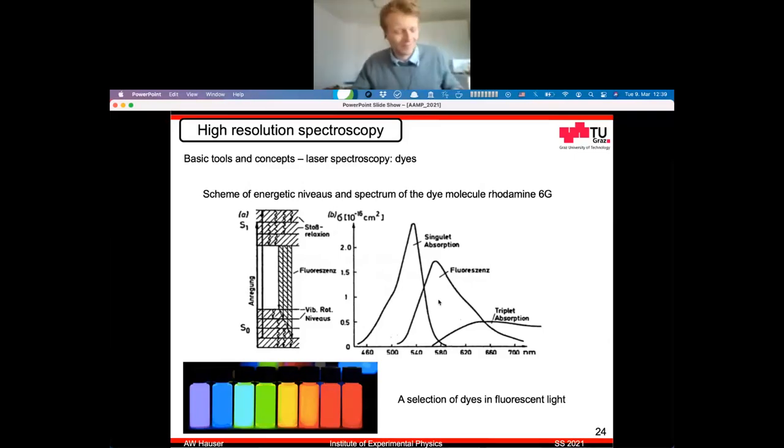as they are used. Now, on this slide here, you can see some of these, or a standard case, some dye as it is used in a laser setup. So this is a laser setup where we have a liquid. We take, in this case, the rhodamine dye molecule. And if you look at these graphics here, you can see basically its absorption spectrum, absorption as a function of wavelength,